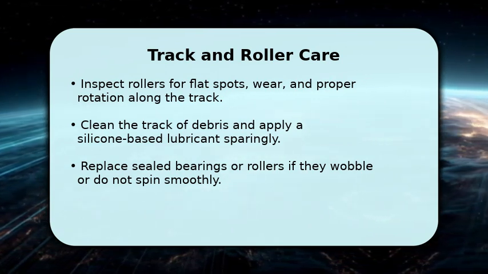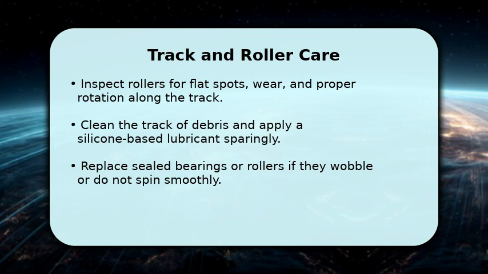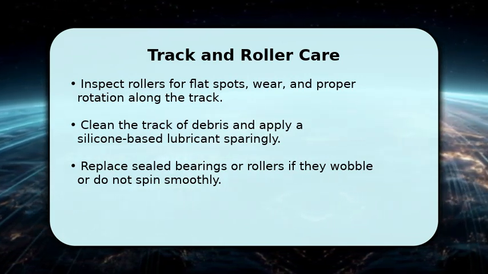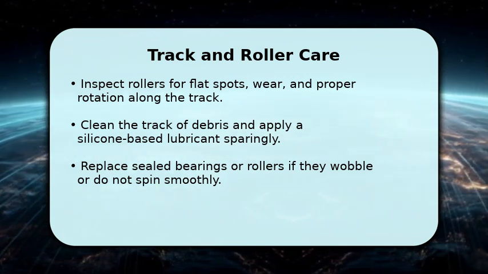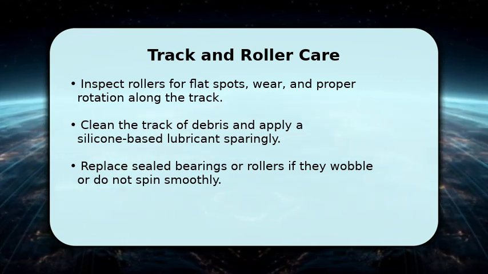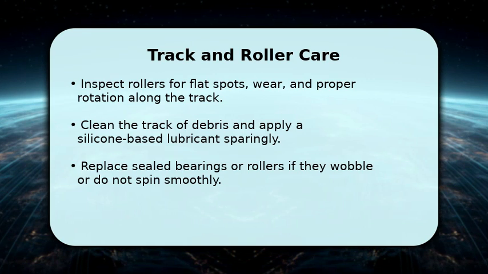Clean the track with a cloth and brush, remove grit, and then apply a thin layer of silicone-based lubricant to sliding surfaces. Test the door after lubrication to see if movement smooths out. If rollers wobble or fail to rotate, replace them before proceeding with hinge or striker adjustments to ensure accurate alignment